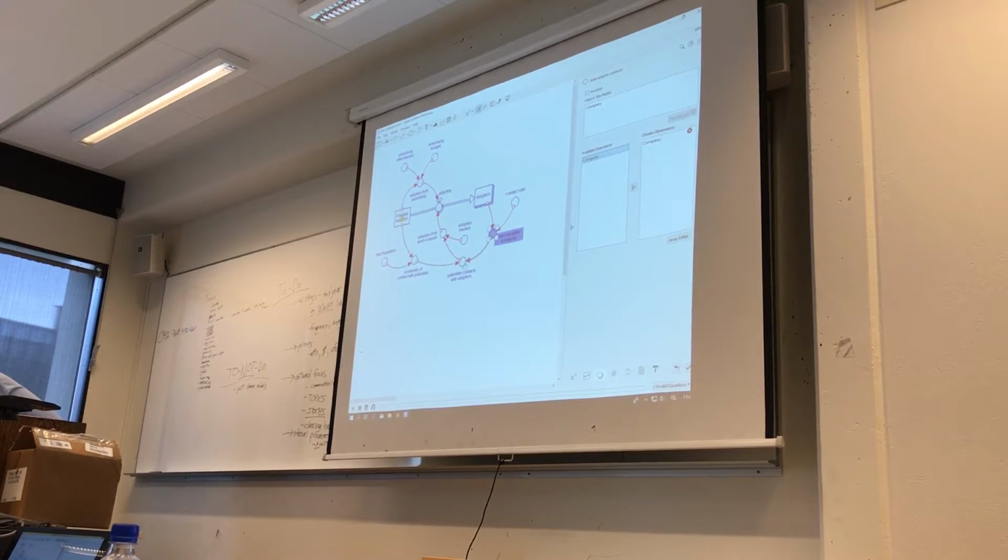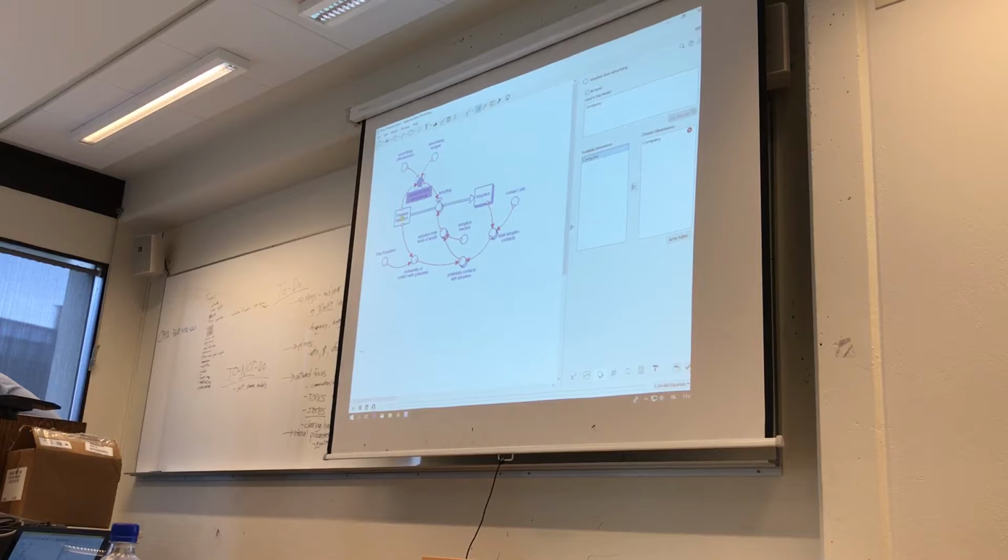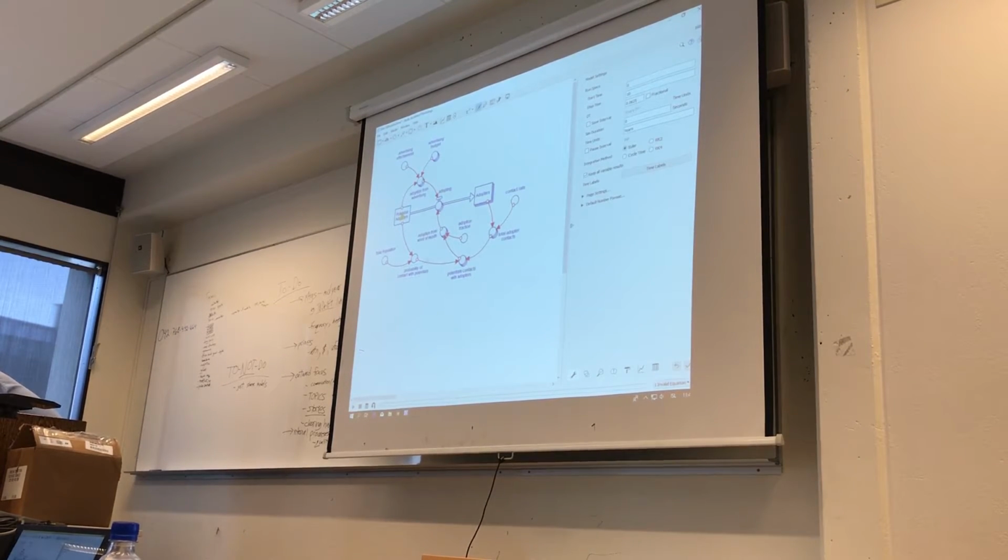So I click on the next variable, I click on the next variable, I click on the next variable, I click on the next variable. I want to make advertising budget change, and